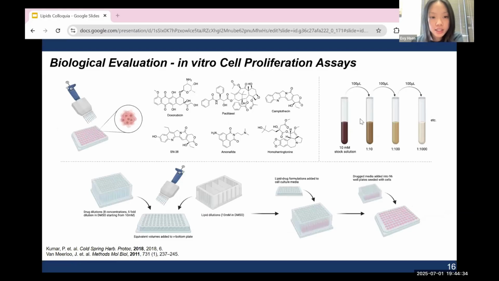So we ran a series of MTT and LDH assays on 3 cell lines. We first prepared dilutions of the 6 drugs shown on the center of the screen, which are all FDA-approved anti-cancer therapeutics that are known to reduce cell viability. We made a concentration gradient through serial dilution, and we mixed our tripod lipids with the drug dilutions in equivalent volumes inside of a V-bottom plate. The mixed solution was then added to cell culture media, which was then applied onto cancer cells seated in 96-well